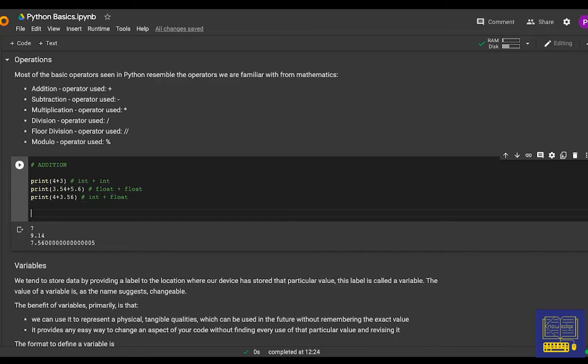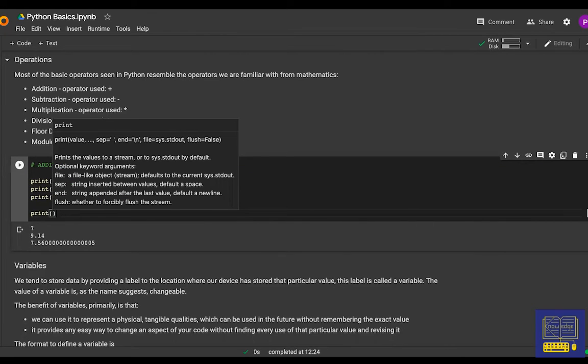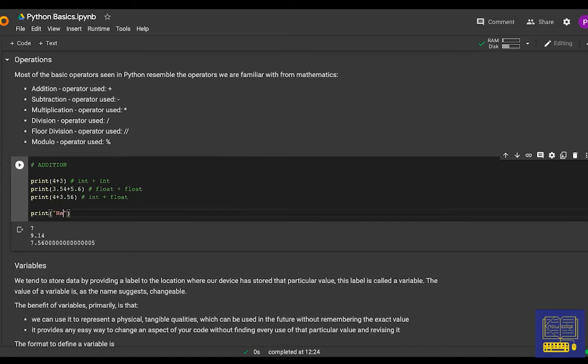All right. Now, when it comes to adding text, let's see how that works. I'm writing print so that we can see. For adding text, we first put in the first part of the text that we want, say hello. All right. And then we use the plus operator, and then we write the rest of it.